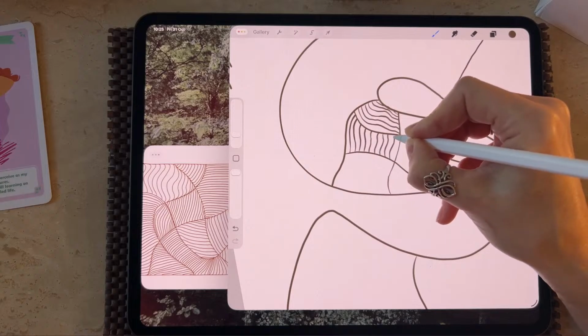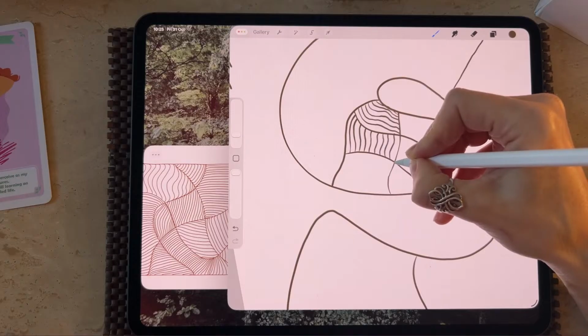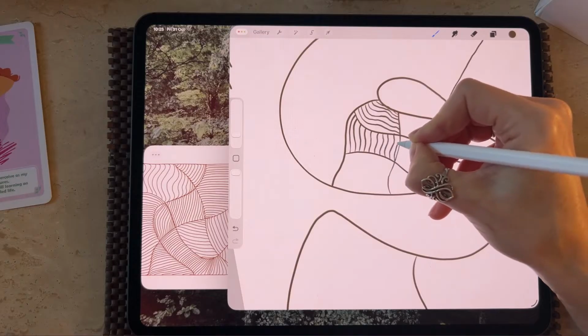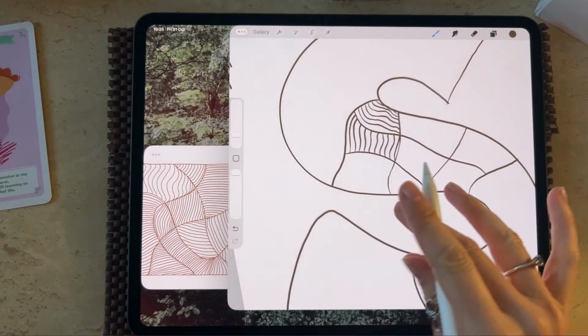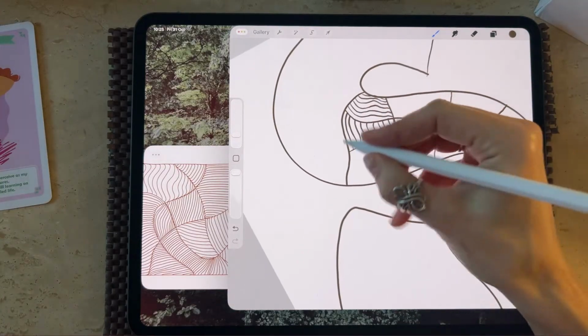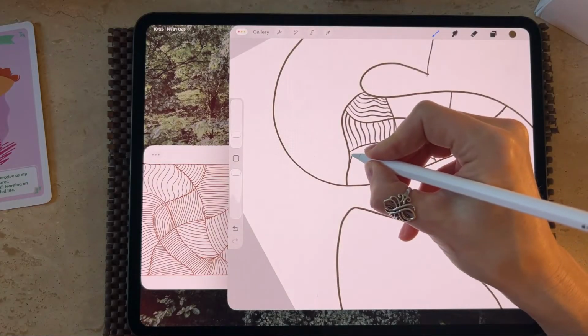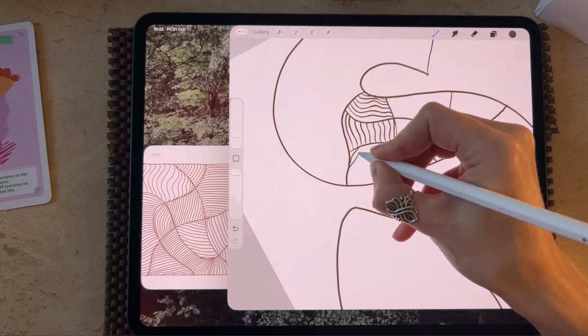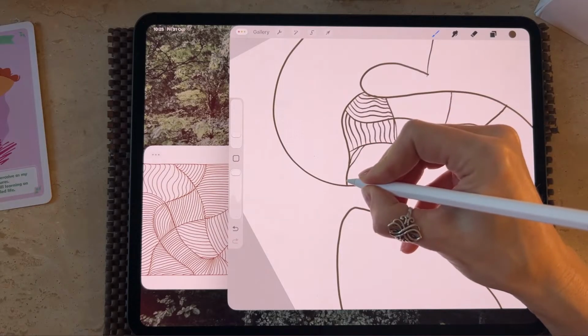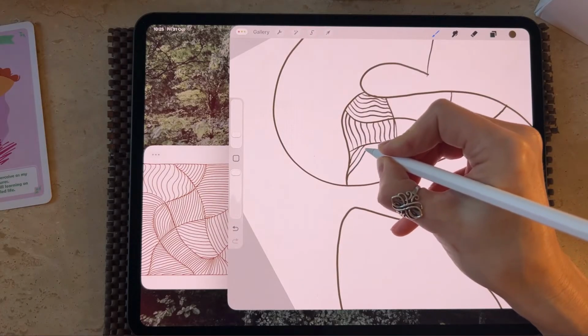Being intentional about slowing the pace. Trying not to rush your drawing, but instead allowing your entire body to slow down.